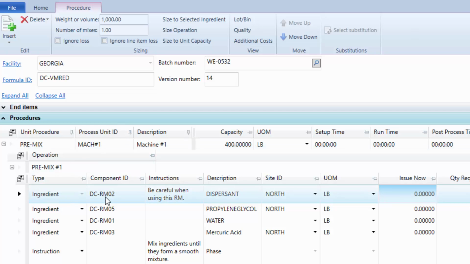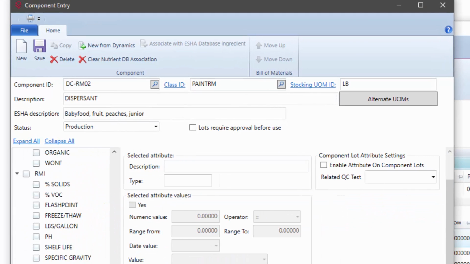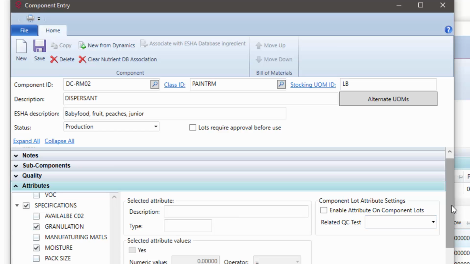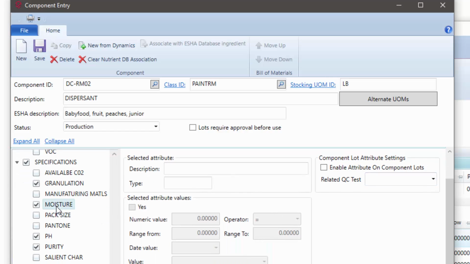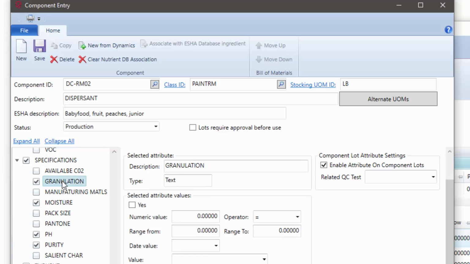Now, this is actually controlled through component setup. So each component can have a different set of data that's showing on the lot selection screen. In this case, we're leveraging the attribute section of component entry. So in attributes, I've got a bunch of attributes in my demo database. I've got various attributes that are defined here, and they can be really any attribute type. In this case, this is a text, and I just check the box here saying enable the attribute on component